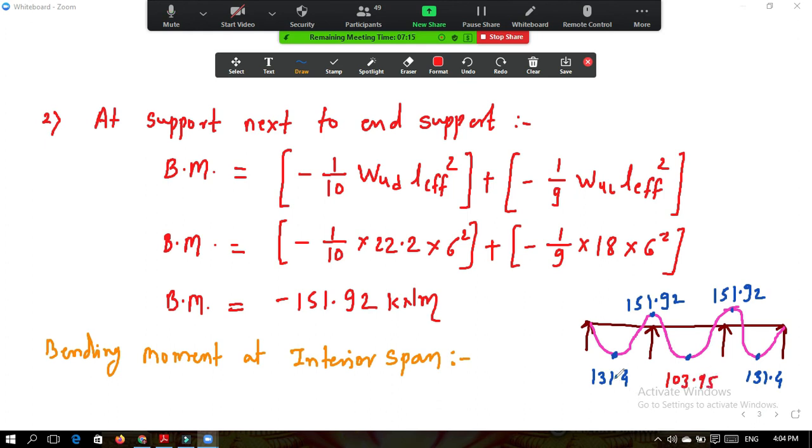Okay, आता बघा आपल्याला इथे सेंटरला स्टील टाकायचं आहे. तिन्ही बीमच्या सेंटरला स्टील टाकायचं आहे बॉटमला. बॉटमला जर तुम्हाला स्टील टाकायचं असेल तर see which is the maximum value out of these three values. So the maximum positive value is 131.4 and at the top where the negative moment is there, maximum negative value is 151.92.